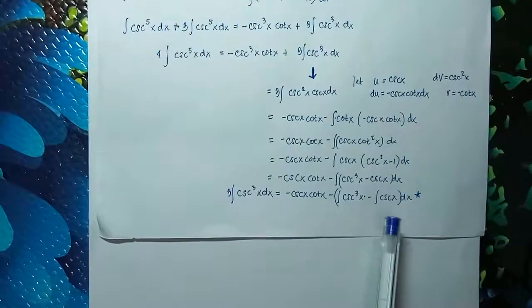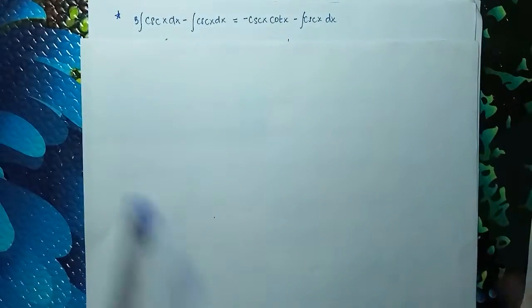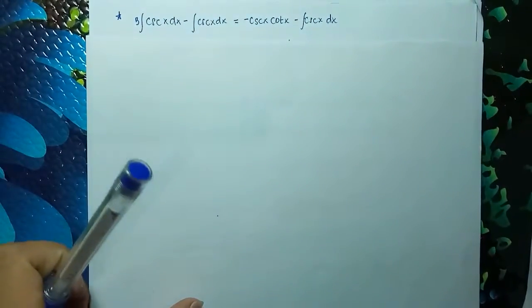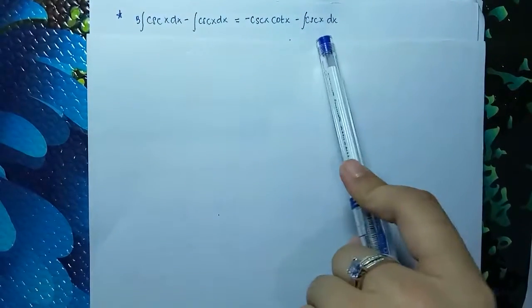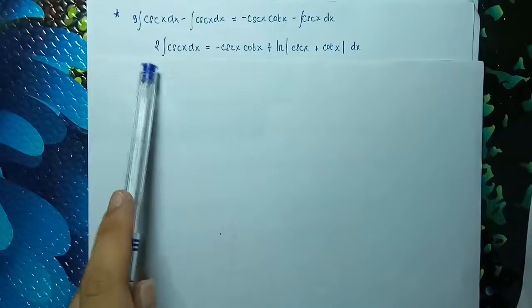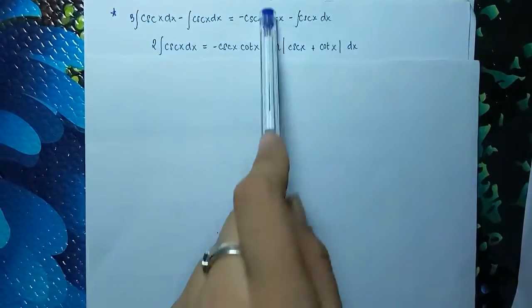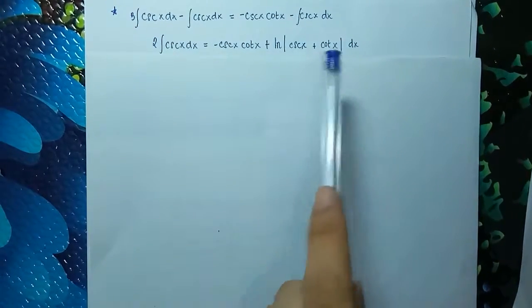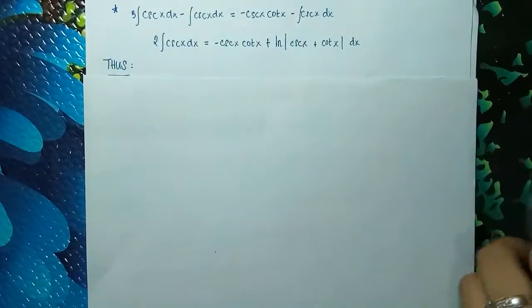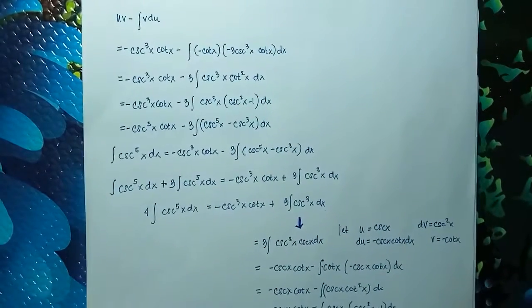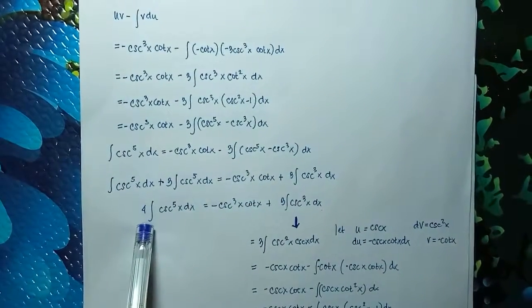So now we have to transpose this term to the other side, which gives us 3 cosecant x dx minus the integral of cosecant x dx is equal to negative cosecant x cotangent x minus the integral of cosecant x dx, which gives us 2 times the integral of cosecant x dx is equal to, we brought this term down and we directly integrated cosecant x, which results to ln of cosecant x plus cotangent x. Thus, we're going back to our first main integration, which left us with 4 times the integral of cosecant 5x dx,